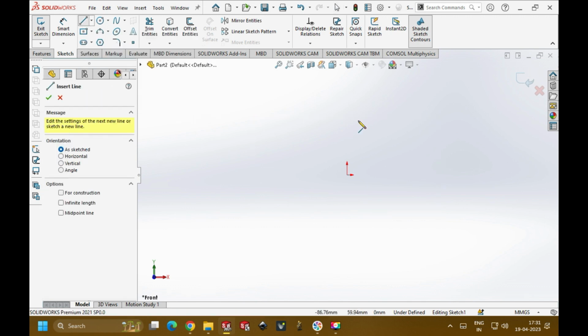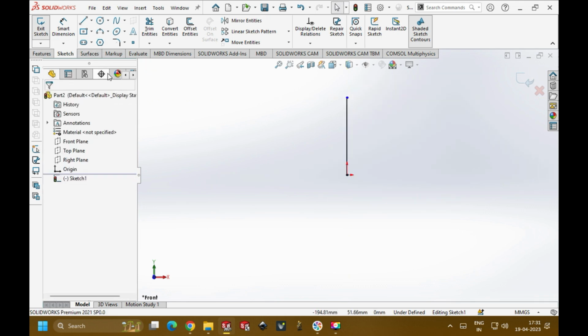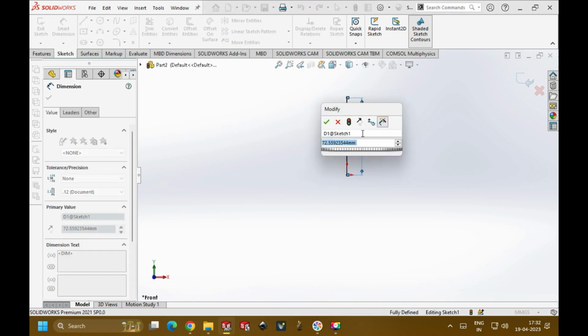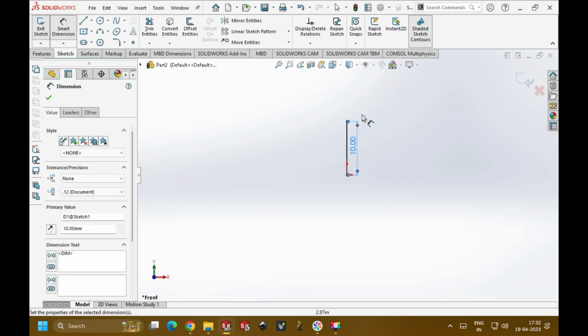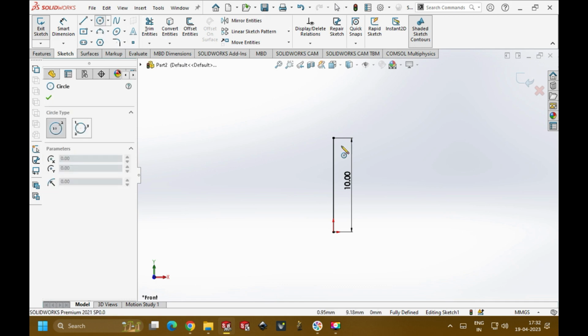For the middle one, I'm just taking a normal line from the center to this. Okay. So to this I'll give the dimension, and this is around 10 mm. 10 mm, and over this,